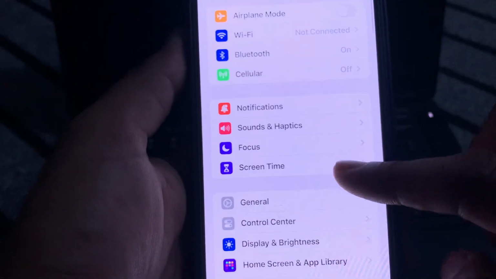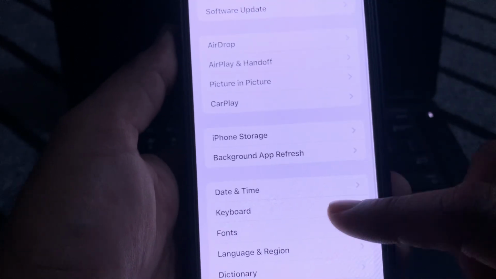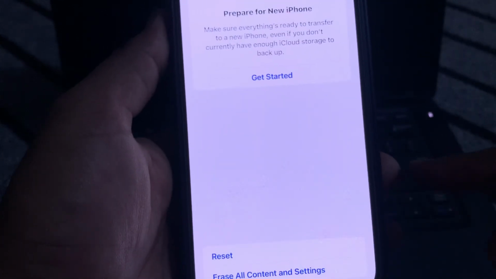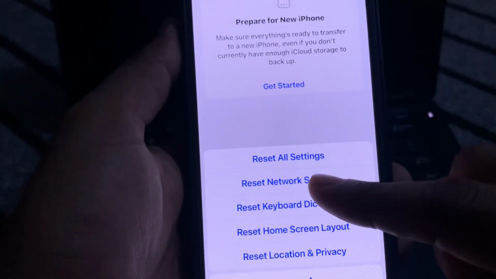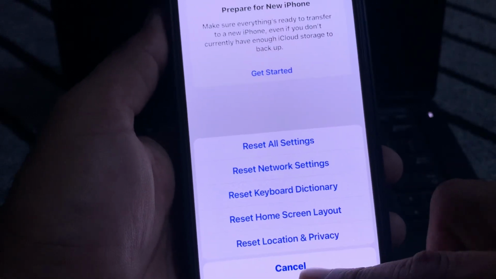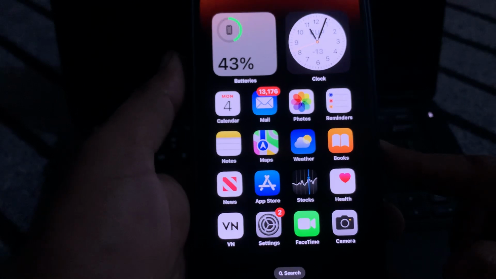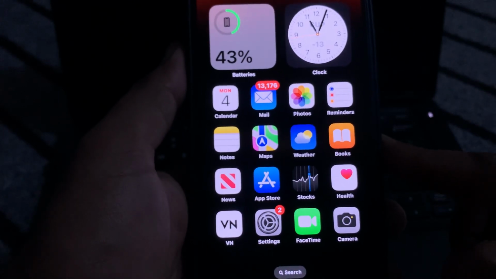The next solution, in the bottom, tap on General. After that you need to scroll down and tap on Transfer or Reset. Okay, you can see Reset Network Settings, and apply it on your iPhone. Okay, if that method is not working and you're still facing this kind of issue on your Instagram, then move